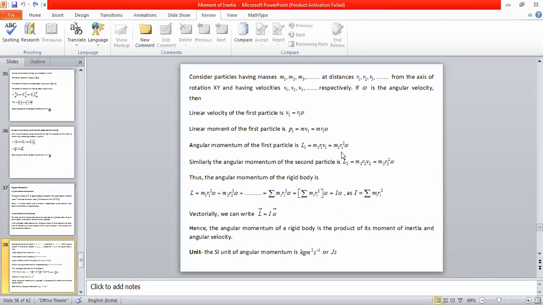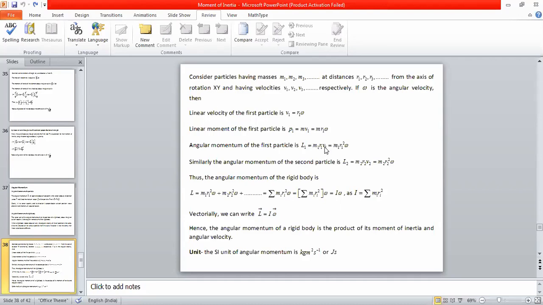Yes, sir. It's very simple. So it is just m into r cross p, where p is nothing but mv. If you take only the magnitude, it is r into p, and p is nothing but mv. So it is mv into r, or mr into v, in any order, not a problem, since we are writing magnitude-wise and not taking care of the direction, only the magnitude.